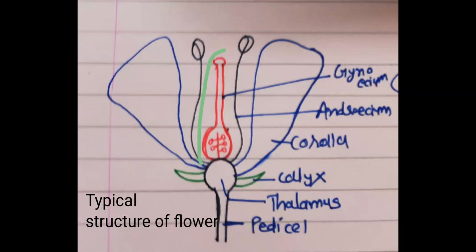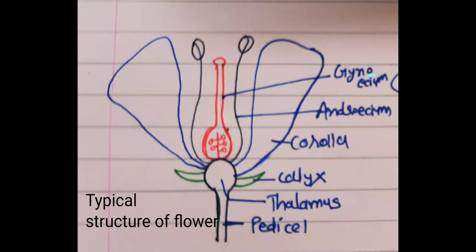Next. So with that, I have completed the androecium. Now next, we are going to study the gynoecium. Gynoecium, that is the innermost whorl of the flower. See, gynoecium, that is the innermost whorl of the flower, outer calyx, then inner to that corolla, then androecium, and at the center, the essential whorl is present that we call the gynoecium.